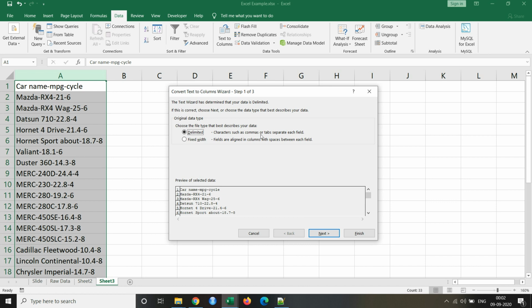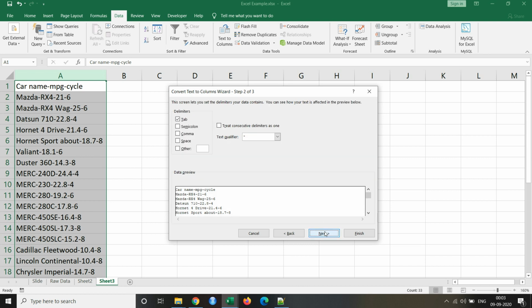The first step asks whether you want to segregate the column at a fixed width, or you want a delimiter. Most frequently we will be using delimiters, because real-world data is segregated by delimiters, and most of you have seen CSV files, which are comma-delimited files. So we'll select delimiter first, then click on Next.